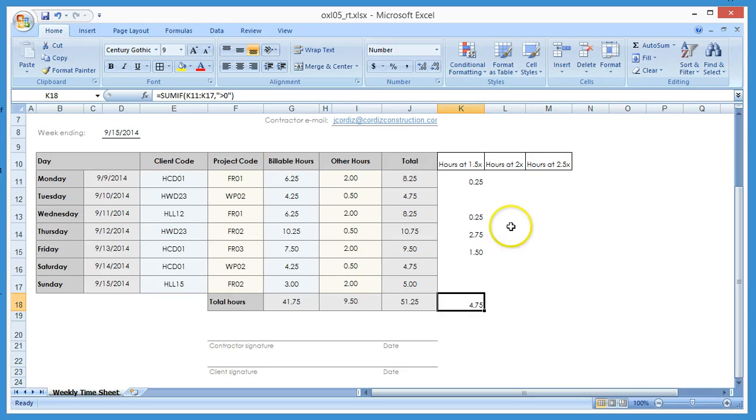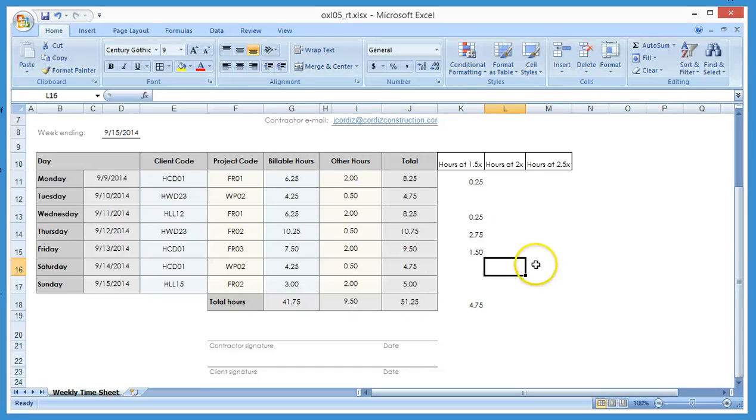Okay, let's try some more. Actually, see if you can do hours at 2 times and hours at 2.5. Go back to number 6, and it says hours on weekends, Saturday and Sunday. So here's Saturday and Sunday, are paid at double time. Hours over 4 on weekend are paid at double time. So anything over 8 hours, right? Oh no, any hours on Saturday, Sunday. So hours on the weekend, anything on Saturday and Sunday is double time, and hours over 4 are paid at